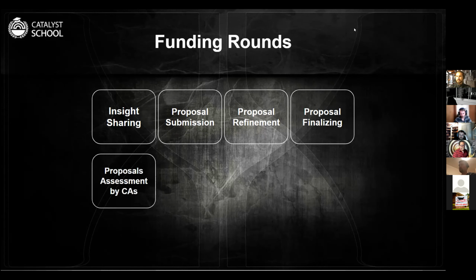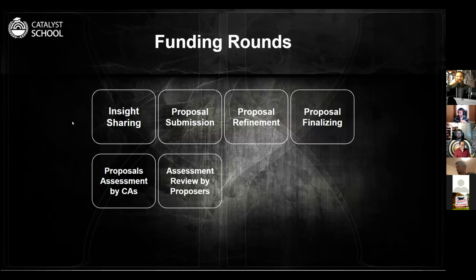During this phase, the community advisors are going to read the proposals and assess them based on 3 different criteria: the impact and challenge alignment, the feasibility of the proposal, and the auditability of the proposal. I'm not going to go into much detail here about these criteria, because we've got other workshops in the school where we go into much more detail about this. There are also some documents, some guidelines that you can check if you want to. You can find them in our Discord server and very shortly on our website as well.